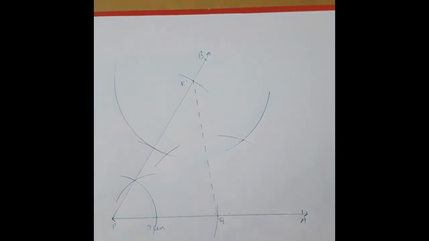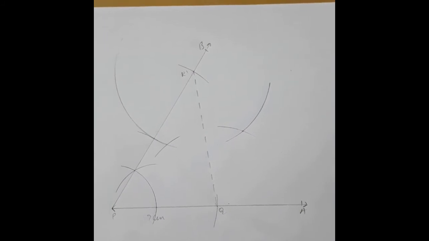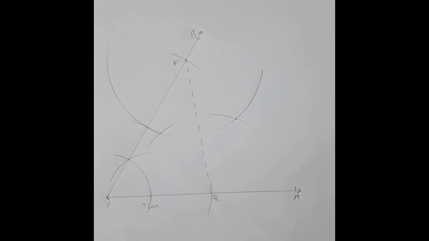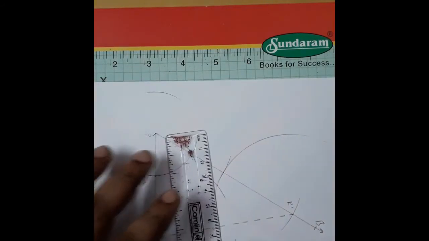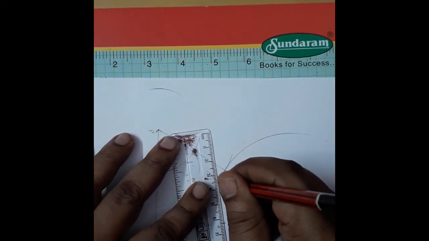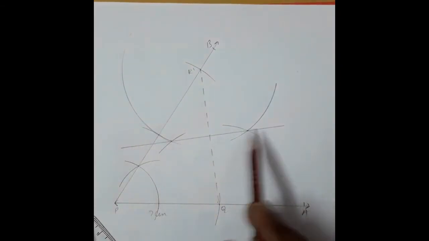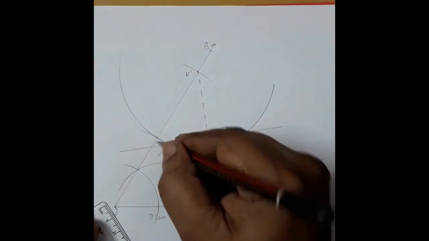So to learn how to draw perpendicular bisectors, you may refer to the videos that we have done on construction for class 9. There you will find how to construct perpendiculars and other constructions with respect to constructing a triangle. Now next, we will draw a line passing through these two intersections this way, and where this line intersects this PR dash, that is over here,